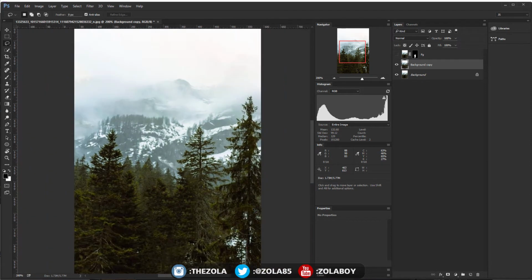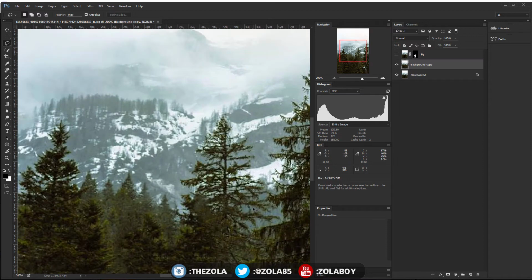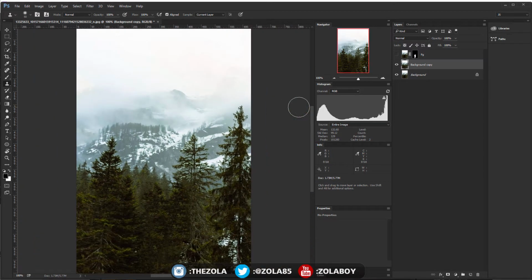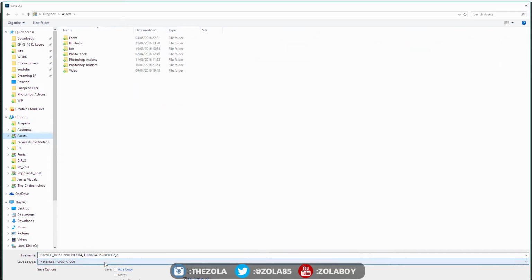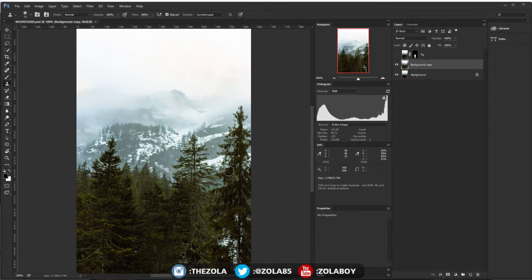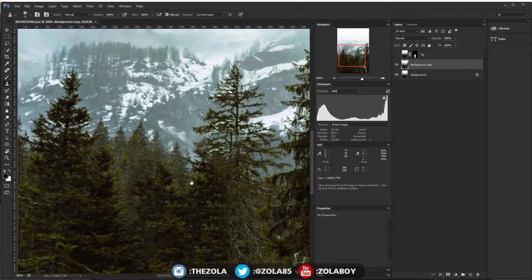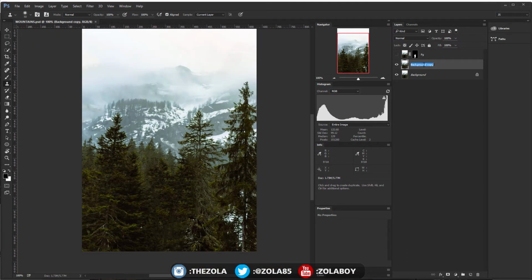Cool. So okay, so let's just say that's our mid ground here, and I still don't like this. This just looks like a smudge. So I'm gonna do something closer to that. So that looks kind of alright for the mid ground. So I'm gonna save this as well, let's just save this to assets here, and I'm gonna call this mountains, and just in case I crash and we lose this, so let's call this mids.